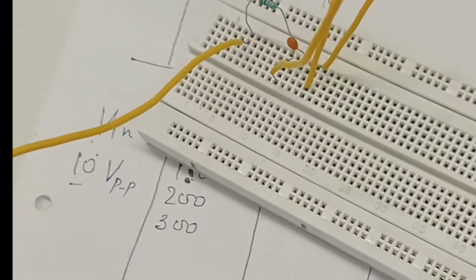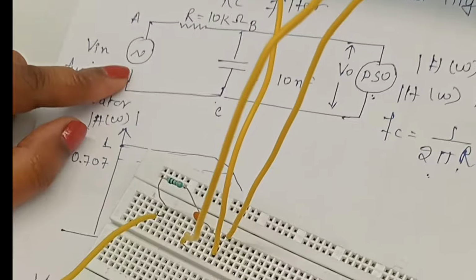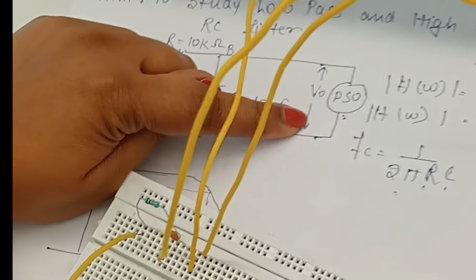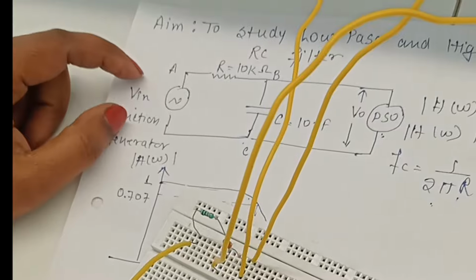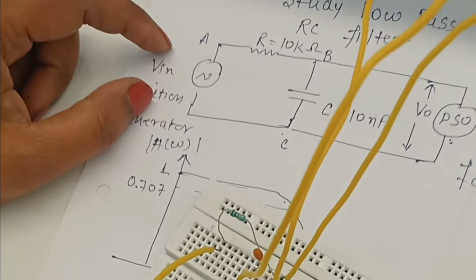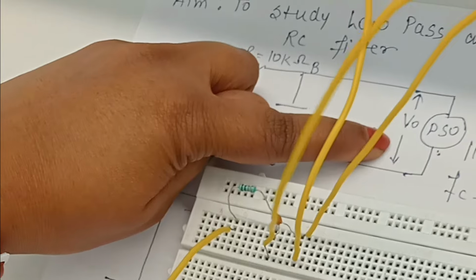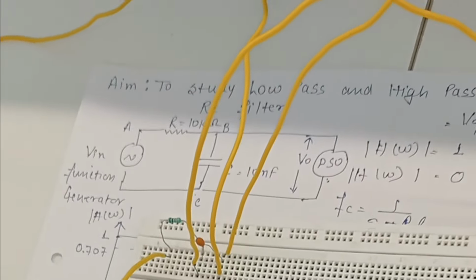Now what I have to do, I will simply keep on changing the frequency of the input, and I'll keep noting down the output voltage and what kind of result I should get. For initial frequencies, let's say we start from 100 Hertz, the output should come out to be equal to the input, which was set to 10, and for higher frequencies it should keep on reducing.